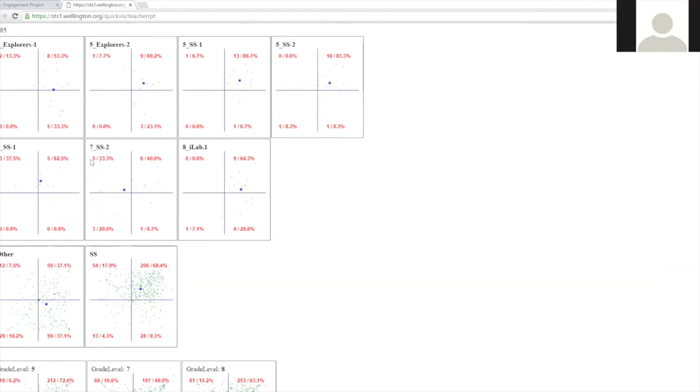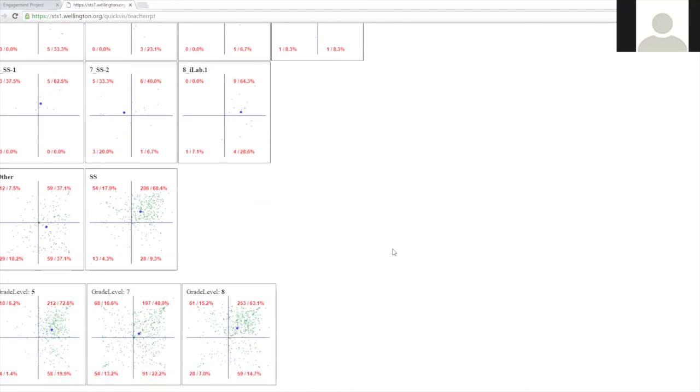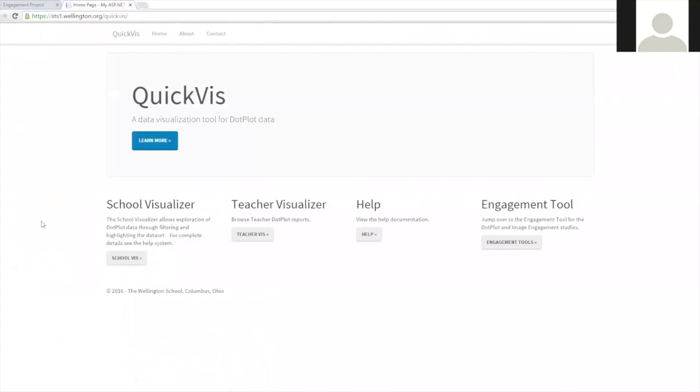And as a teacher, I would look here and see social studies 7th section 2 is actually in the grind quadrant. And so you might wonder, as a teacher, what am I doing differently? Is this the class that's at the end of the day, maybe? What is it that's different here than all of my other experiences and the average in general? And then you also get grade level comparisons. And I'll just go back to home here and